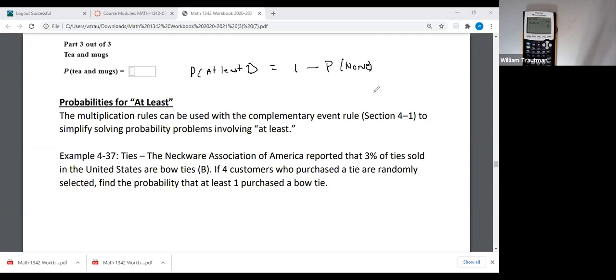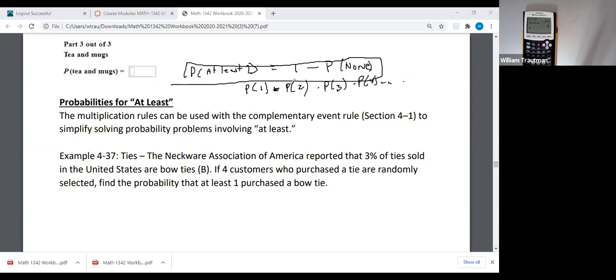I should have spelled none like this. So let's just write this formula down. If I was going to do at least 1, I'd have to do the probability of 1 plus the probability of 2 plus the probability of 3 plus the probability of 4, and so on. Or I could just do 1 minus the probability of none, and it would be the same thing. Okay, so in this next example,